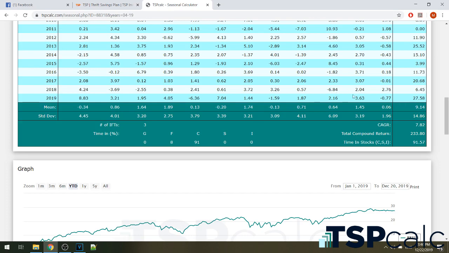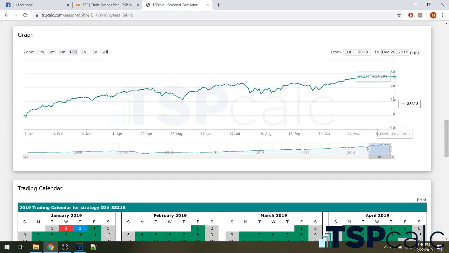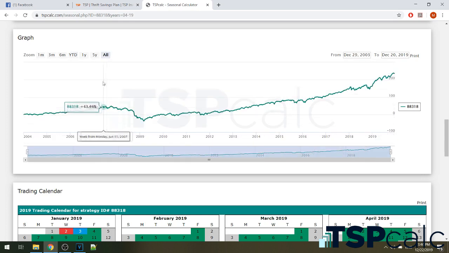and this data is as current as possible, which at the moment is December 20th. So this number will update tomorrow once we get new share prices. Look at that, 27.58% again. So that's the graph. Year to date is helpful. All is helpful. That'll go all the way back to 2004. So you can look, that's January 1st. Well, technically December 29th, 2003, but that was the very last trading day of 2003, so it's equivalent to January 1st. So since then, got a total compound return of